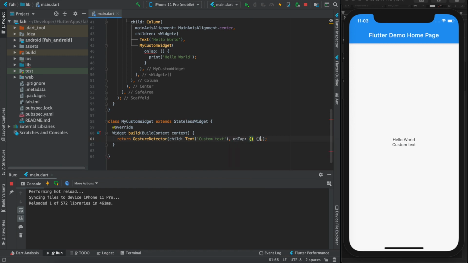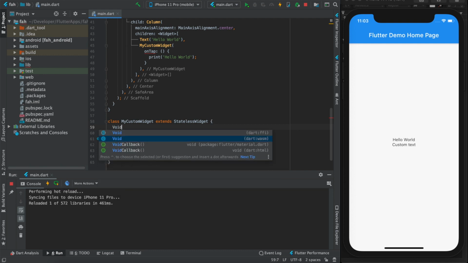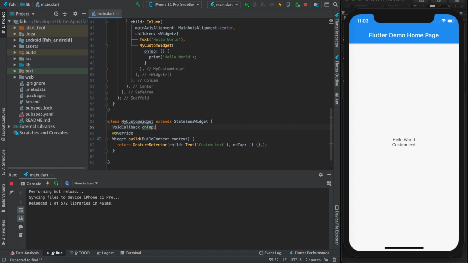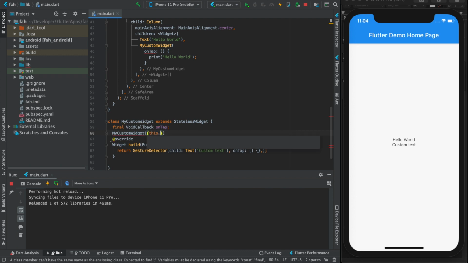We are adding the GestureDetector so that we can see that our widget is being tapped. So let's create a VoidCallback onTap, and initialize it inside our widget so that this code starts working.